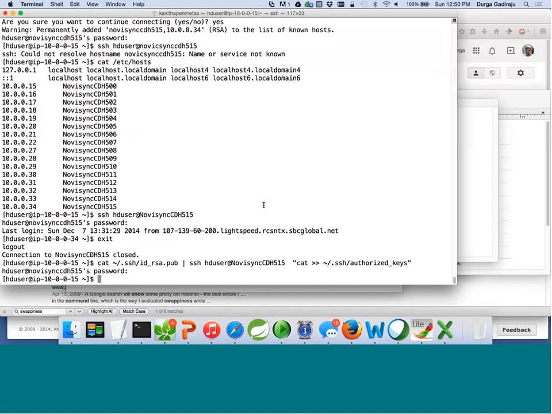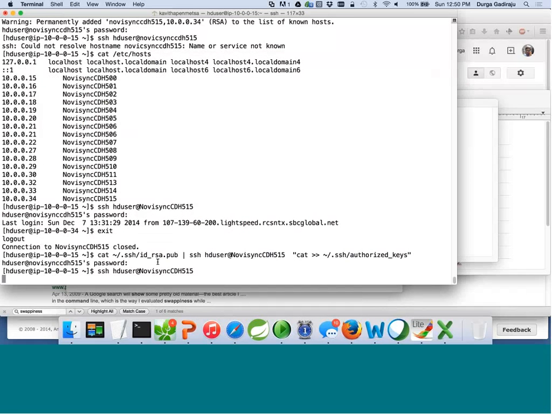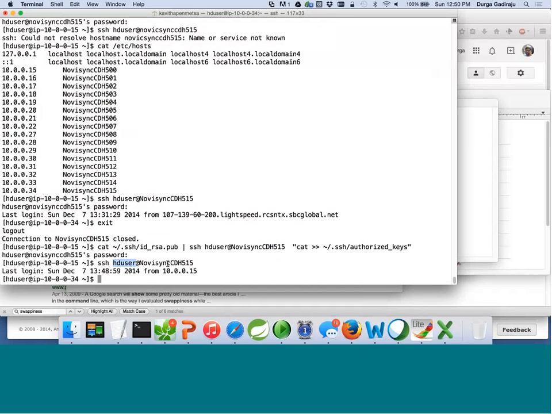Okay, now it is the .ssh tree, and now I have created the authorized keys. Now we will validate whether I'm able to log in without password. Now I can log in without password to 34. LS was 15, now it is 34. Okay, and you can see